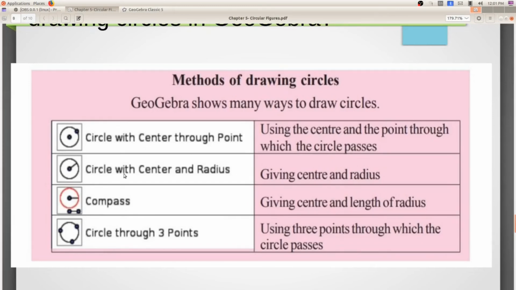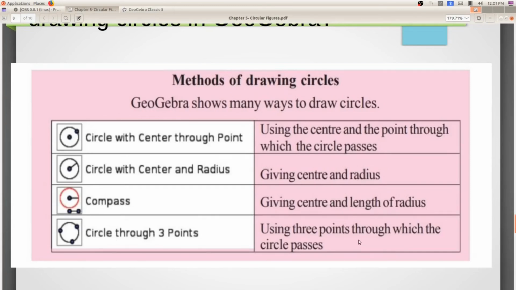Here we have to draw the circle using center and radius. This thing I have already shown. Please watch the videos again. Compass also I have shown in the last video. You study this method of drawing too.